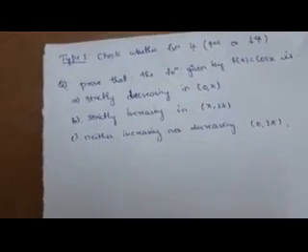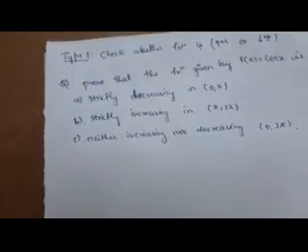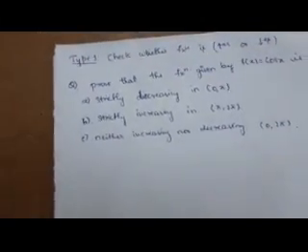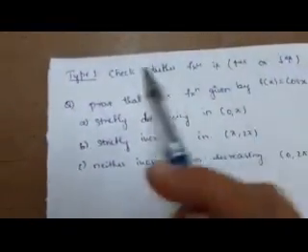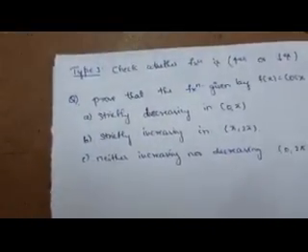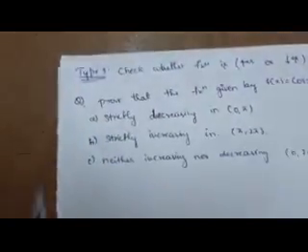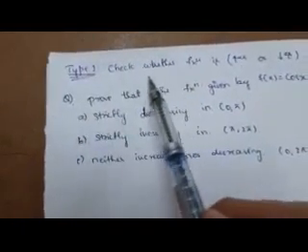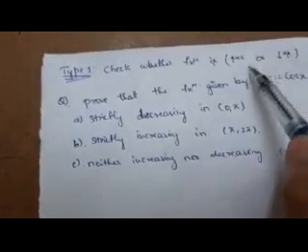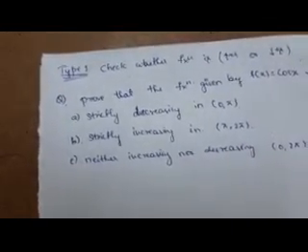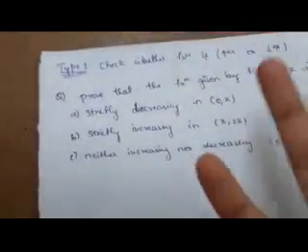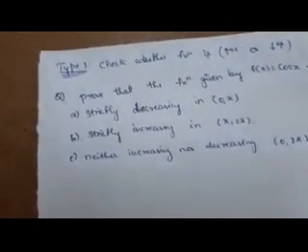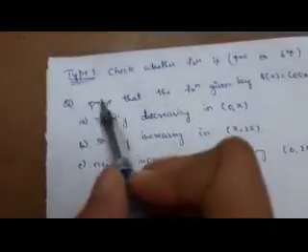Now all the basic things regarding the introduction to increasing and decreasing functions are finished. Now let us concentrate on how we solve questions based on increasing and decreasing functions. In the beginning itself I said we are going to see two types of questions. Type 1 question is what? We need to check whether the given function is increasing or decreasing. They give the interval, and we need to check or prove whether the given function is increasing or decreasing in that interval. So here is the first question.